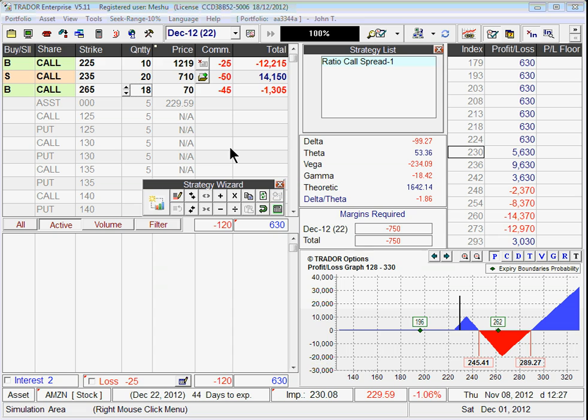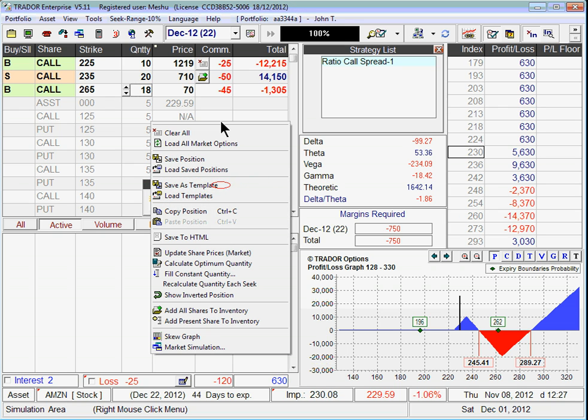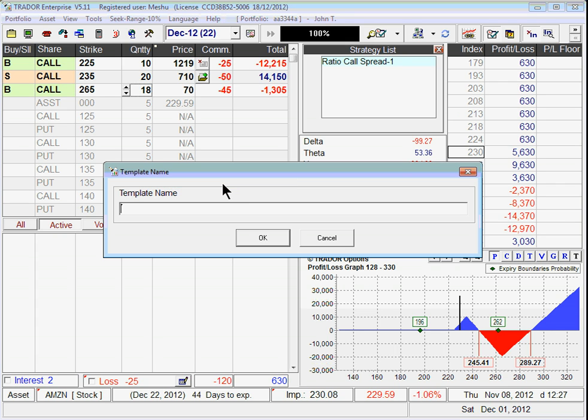I'll use the Simulations table submenu, so when the mouse is over it, I'll click the right mouse and activate the Save as Template function. Now I can save this strategy as a template strategy, so that I can use it at any time and with any asset. I'll name this template as 44 days to expiration,